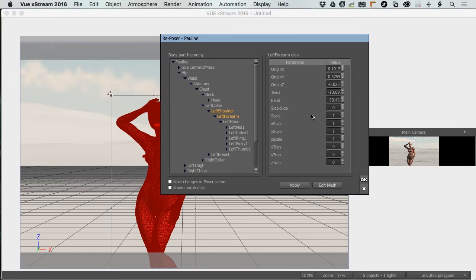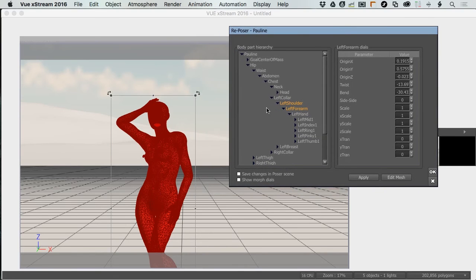It's much more efficient to work with Poser in Poser. It's got the dials. It's designed to handle these characters very easily. While you can change the character inside of View here, it's a little bit of an ugly process. And by ugly, I mean, if we want to change the bend in this left forearm from -30, where it's